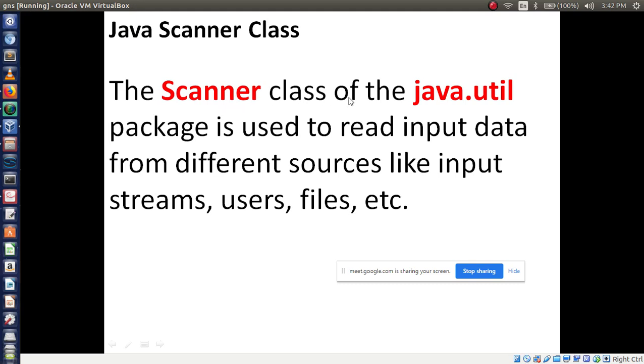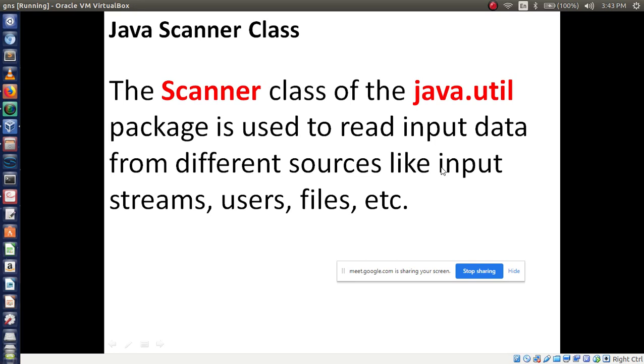Scanner class of the java.util package is used to read input data from different sources like input streams, users or files. Input streams means, while you are chatting, like typing in WhatsApp, hi, hello, how are you, that concept is called input stream in our Java language.